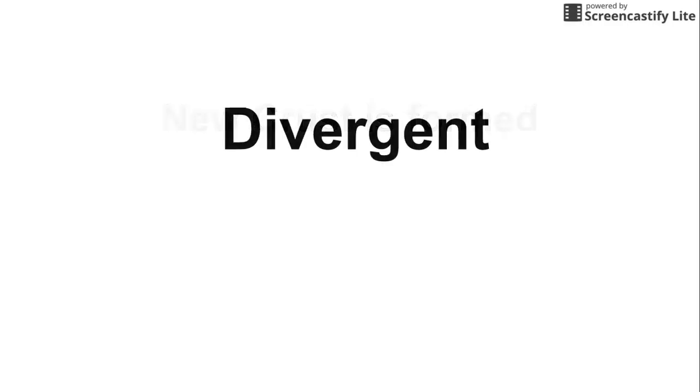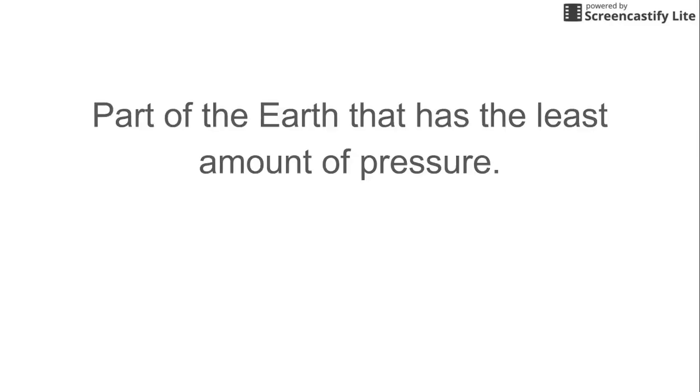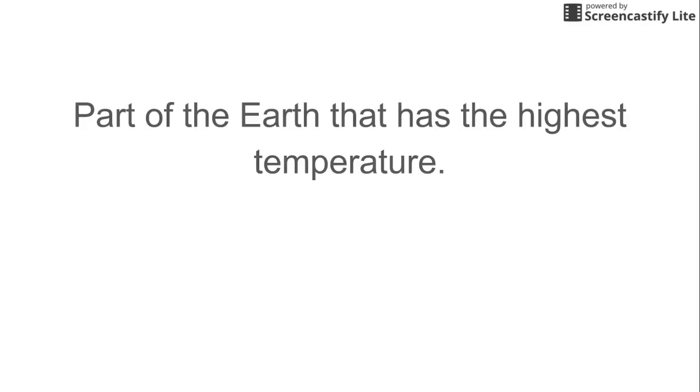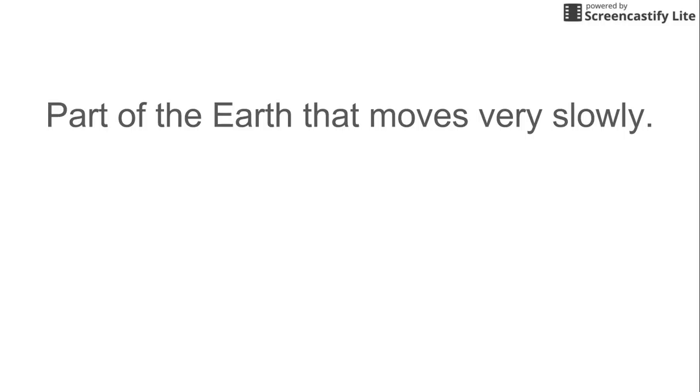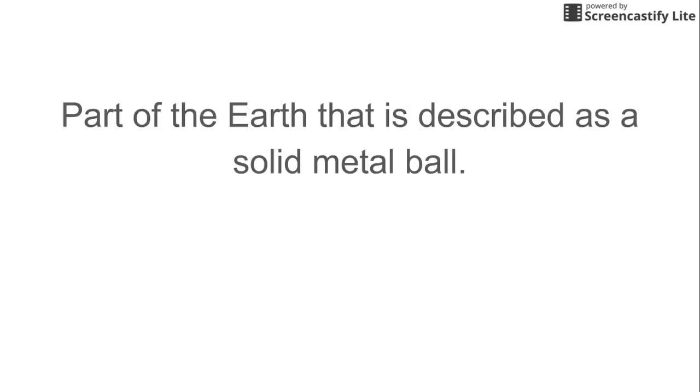If new crust is formed, this happens at the divergent boundary. Part of the Earth that has the least amount of pressure, the crust. Part of the Earth that has the highest temperature, the core. Part of the Earth that moves very slowly, the mantle. Part of the Earth that is described as a solid metal ball,